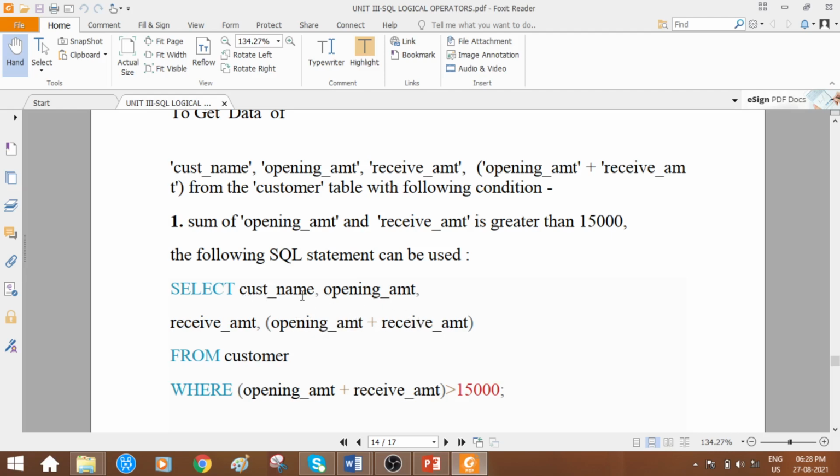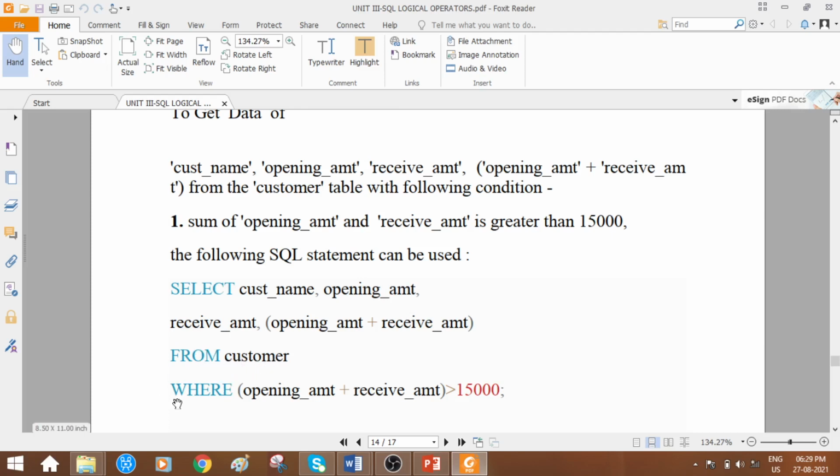So this is the column name that is displayed as a heading. Customer name is a column name heading which will appear. Opening amount is a heading or column name that appears. Receive amount is a column name that appears. Whereas this is what the user is defining. Okay, so within parenthesis you are mentioning opening underscore amount plus receive underscore amount. So this combination does not exist in the actual table we have created in the database. Now we are framing it for the user's purpose. Okay, so within parenthesis we are putting them together with the plus symbol, and it will be displayed as a heading.